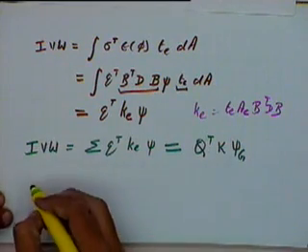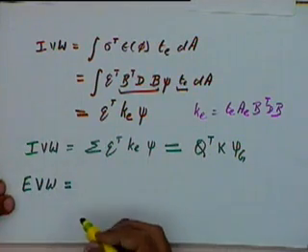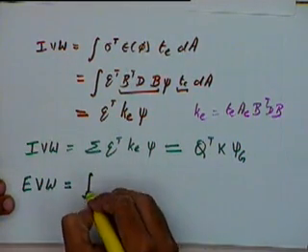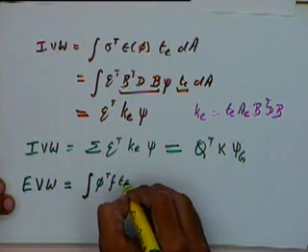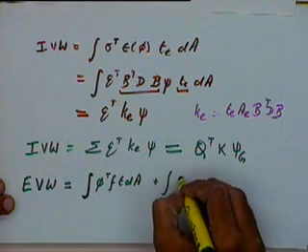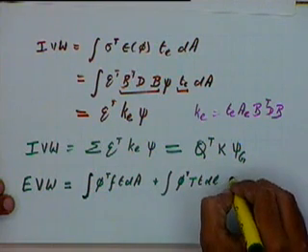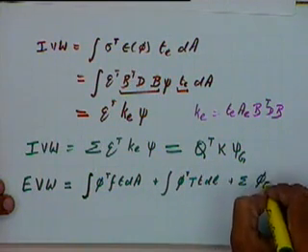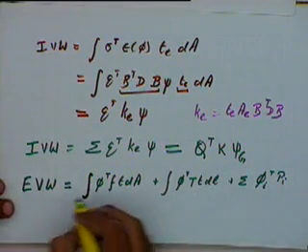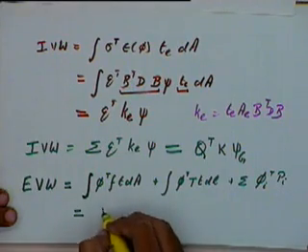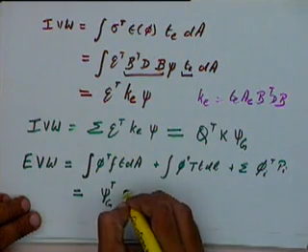Similarly, if we look at the external virtual work, as we have shown earlier, it is the integral of phi transpose f T dA plus the integral of phi transpose T into the thickness dl plus the sum of phi i transpose Pi. Again we can show that this will be equal to psi transpose global multiplied by f.